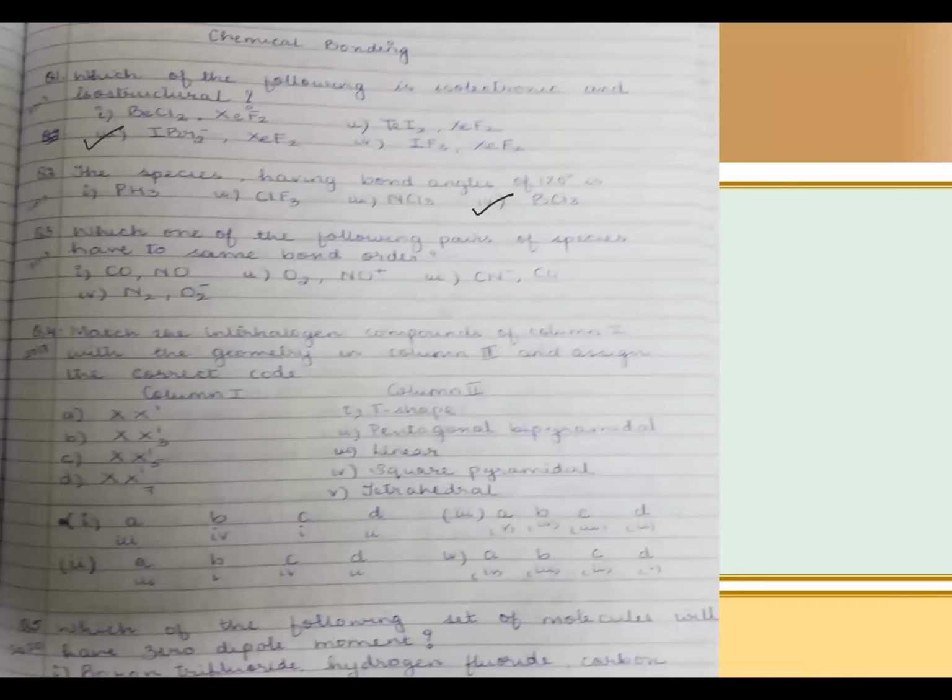Which has the same bond order. Now this we did today. So let's focus on this. You check the number of electrons. If the number of electrons are the same, the bond order will be the same, right? Which one is looking the same? Okay, someone is telling 2. So I'm going to check 2 here. This is 16 and this is 7 and 8, 15, and this has a plus charge here. So that's not our answer.